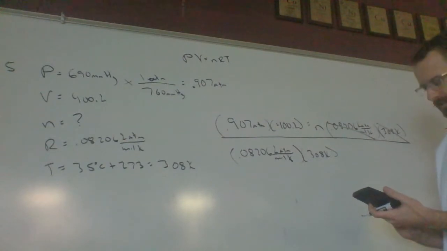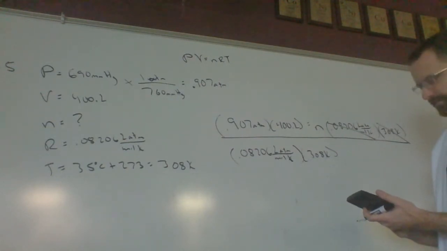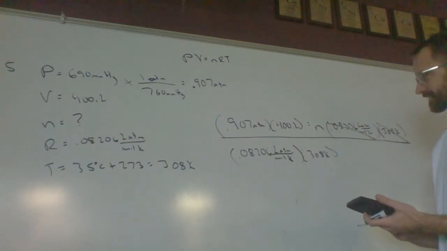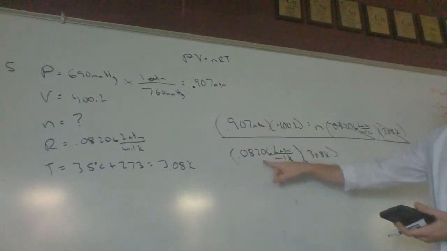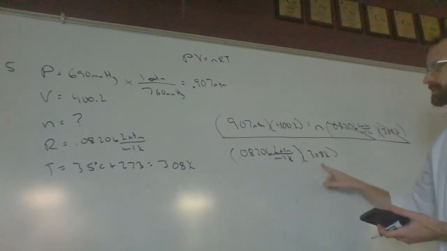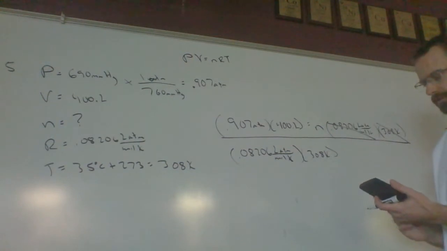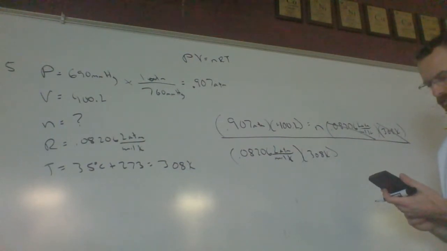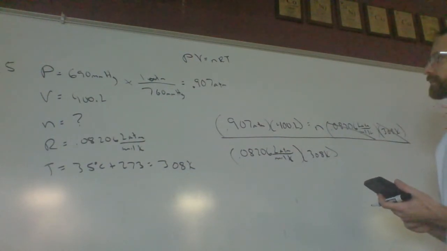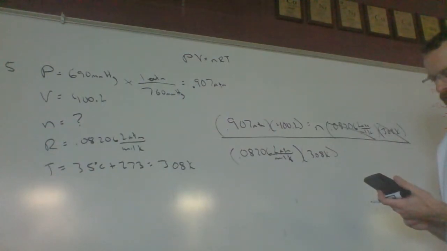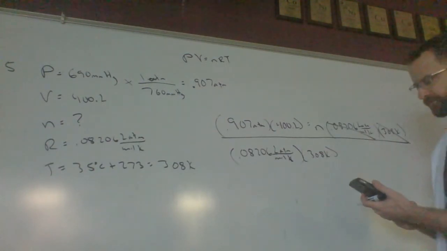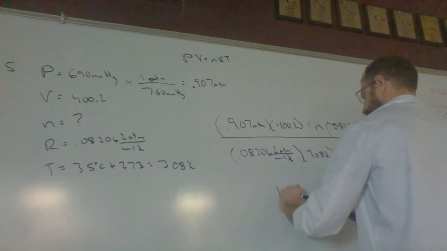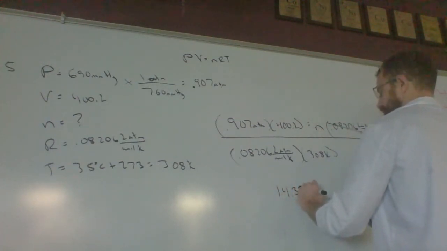However you like to do that, just make sure we're able to do that in some way. So 0.907 times 400 divide by 0.08206 divide by 308. Be careful, don't hit divide by times unless you're putting parentheses because it'll pull that 308 on top. So you should be running calculations there with us as we do that. And that gives us 14.35 moles